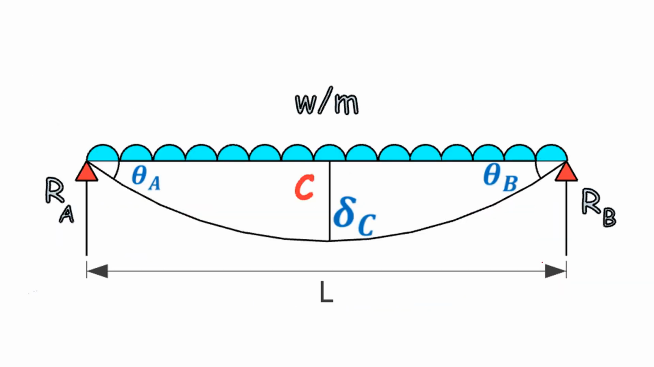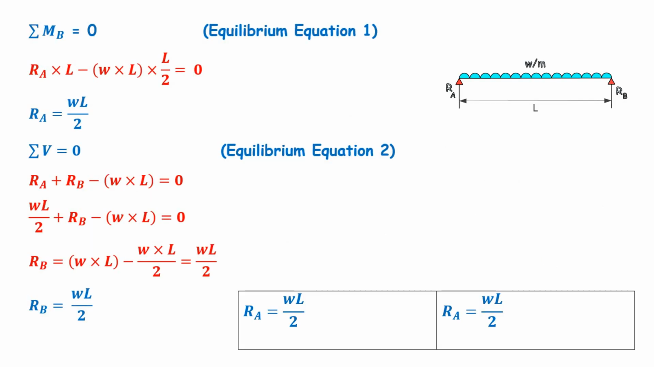Now, this slide will give you the pictorial representation of what we are going to do. We will find theta A, theta B and delta C. The first part is, first of all, we will be using the equilibrium equation, that is summation of all moments at the point B is equal to 0. So this equilibrium equation 1 is used, and RA multiplied by L minus W into